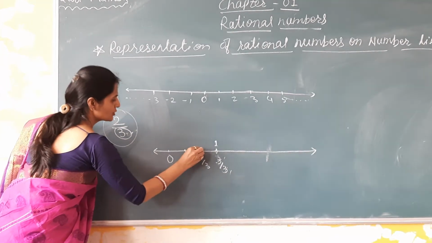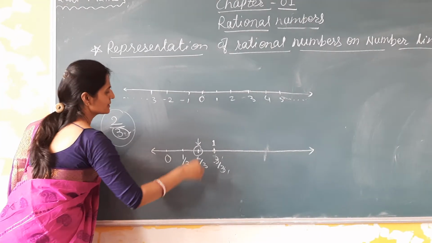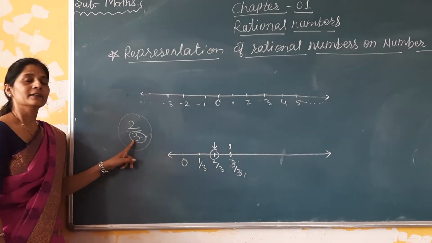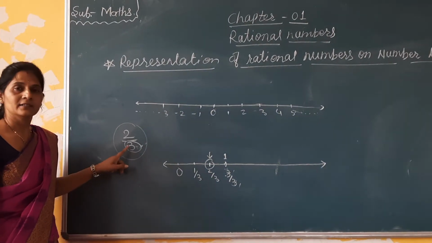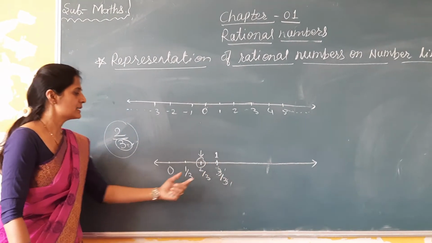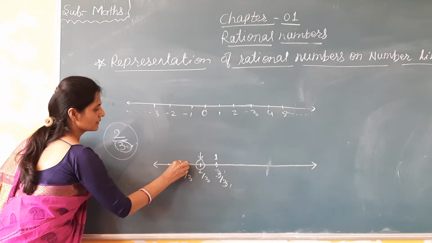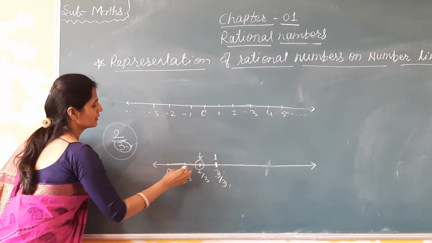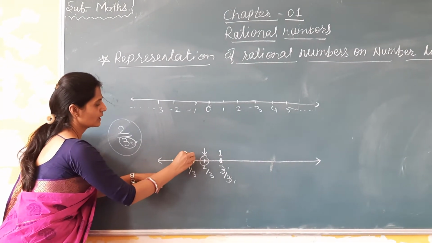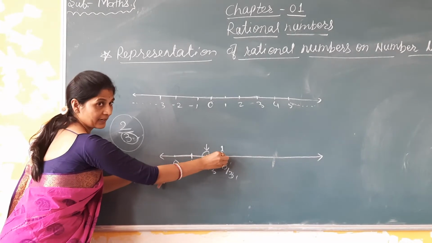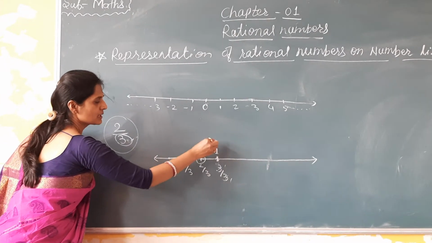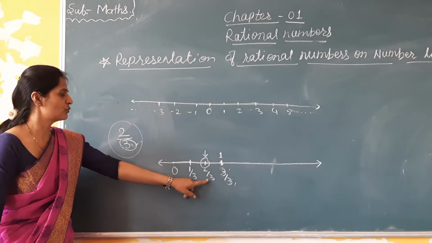तो ये हो गया, 2 upon 3 is the representation of 2 upon 3 on the number line. आपको पहले क्या देखना है? डिनोमिनेटर को देखना है. डिनोमिनेटर क्या है? 3 है. तो 0 के बाद उस नंबर लाइन को 3 इक्वल पार्ट्स में डिवाइड करना है. 0 to 1, then 1 to 2 and 2 to 3. आपको स्टार्ट करना है 0 को छोड़ के. That means except that 0 you will count from here 1, 2 and 3. Then it will be 1 upon 3, 2 upon 3 and 3 upon 3. That means 1. So it is the representation of 2 upon 3 on the number line.